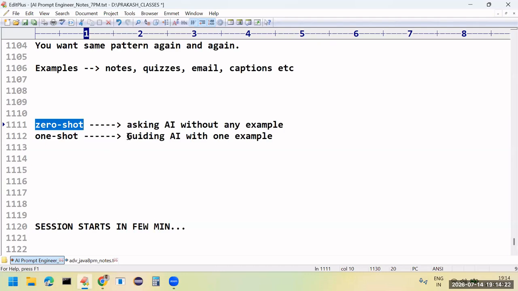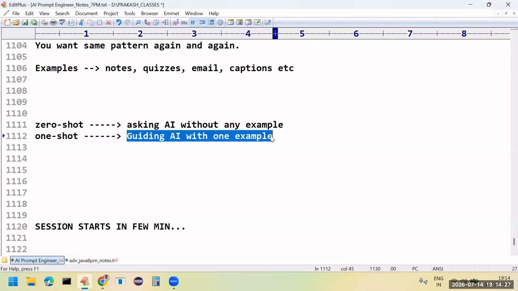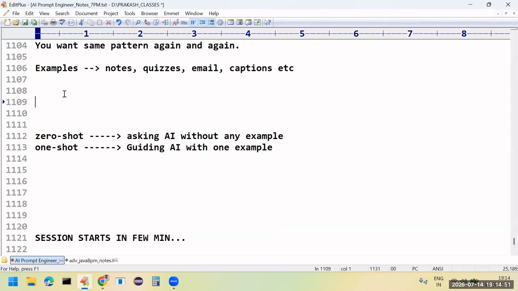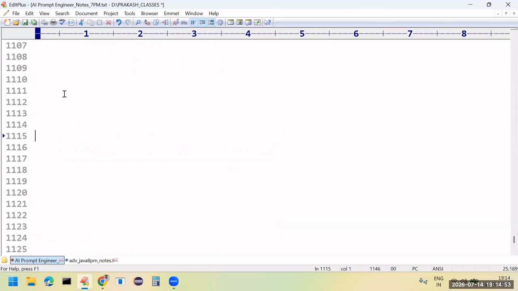And if you are asking the AI model by providing one example, what is the intention in that? By taking that example as a consideration, you have to identify the pattern and style, and based on that, give the answer for the question. Since we are providing only one example to the AI model, such a type of prompting is called what? One shot prompt. Now, the next prompting is nothing but few shot prompt.